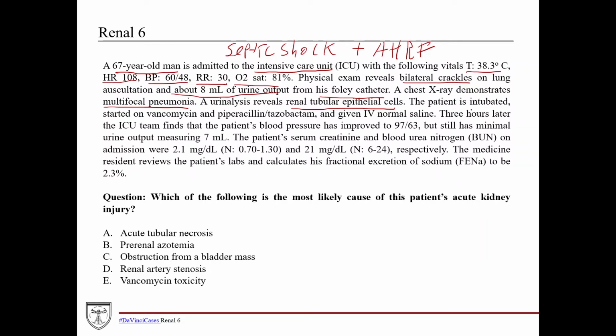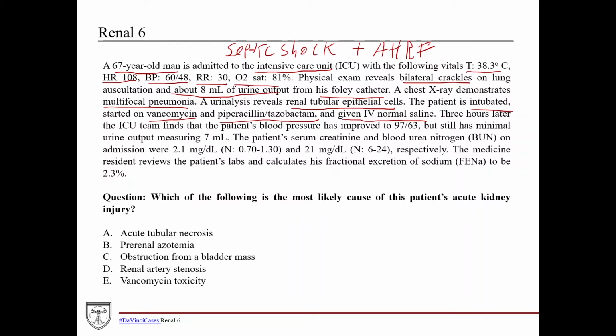So, as a result of that, the patient is intubated, started on vancomycin and piperacillin tazobactam, also known as Zosyn. Whenever you start someone on vancomycin and pip/tazo, those are what's called empiric antibiotics, because you don't necessarily know what the bug is yet or what the bacteria is that's causing it. So you start those to kind of cover a broad range of bacteria that could be causing the pneumonia. Also given IV normal saline, so you're looking for fluid resuscitation to help bring up the blood pressure, help increase